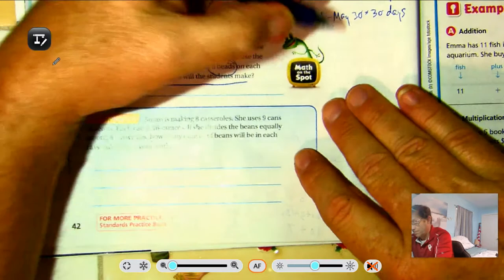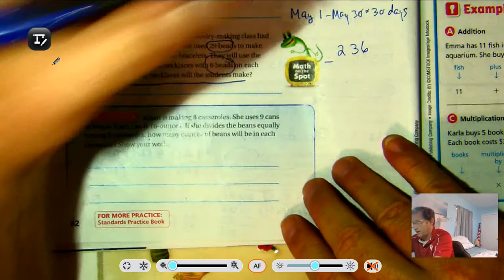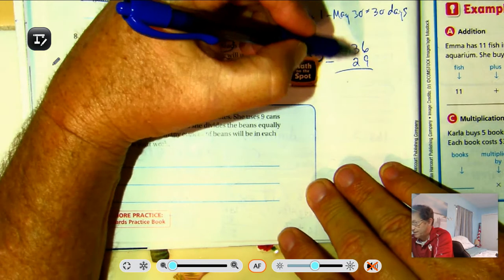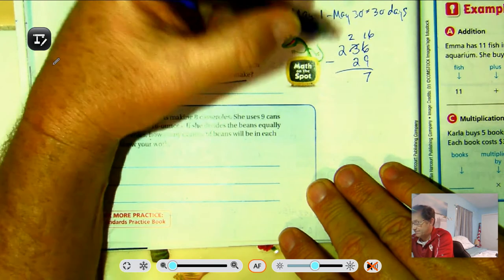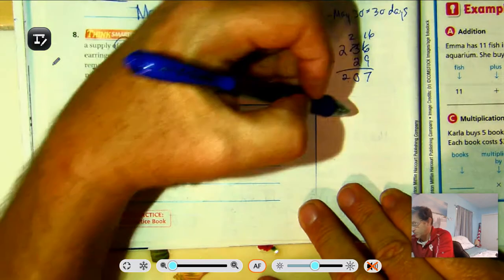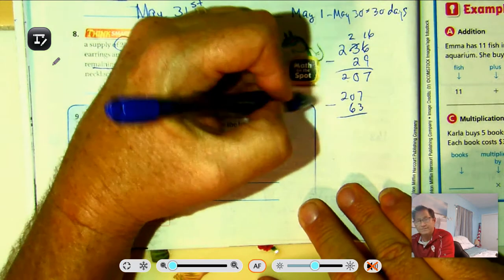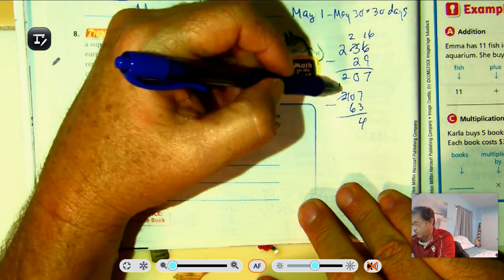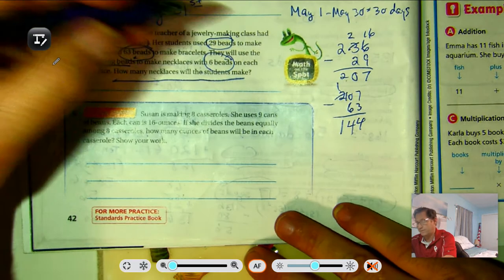All right, so we started with 236 beads. Right off, they used 29 for earrings. So we don't have those anymore. Can't take 9 from 6, so regroup. 16 take away 9 is 7. 2 take away 2 tens is 0. So we have 207 beads left. But they also use 63 beads to make bracelets. So 7 take away 3 is 4. Can't take 6 from 0, so we'll regroup. 10 take away 6 is 4. All right, so we have 144 beads